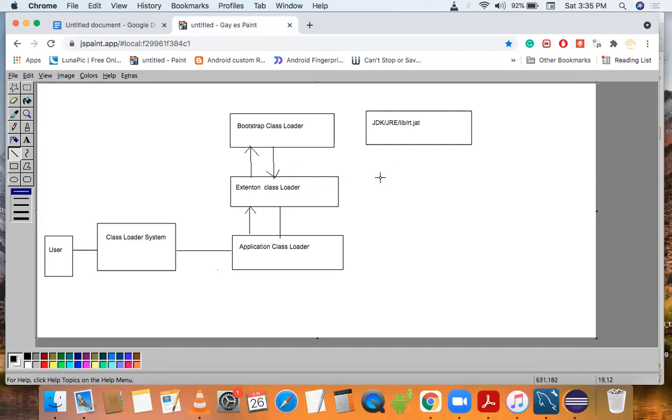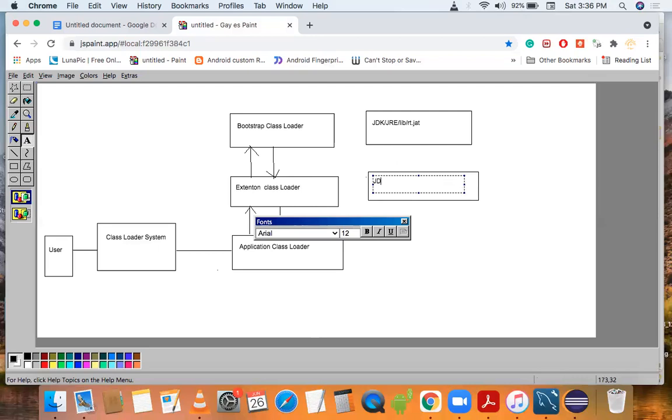Then now it will check in this path: JDK, JRE, then library, then the ext folder. If it is available here, it will be loaded from here.